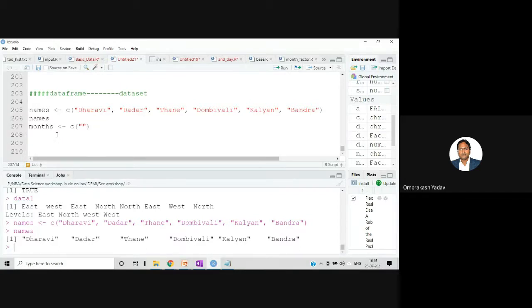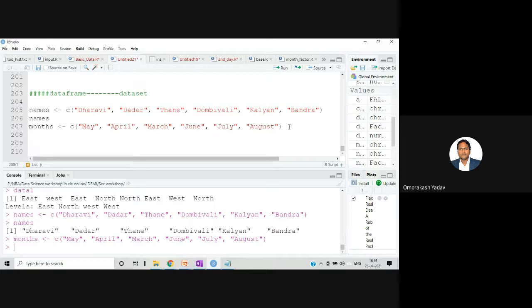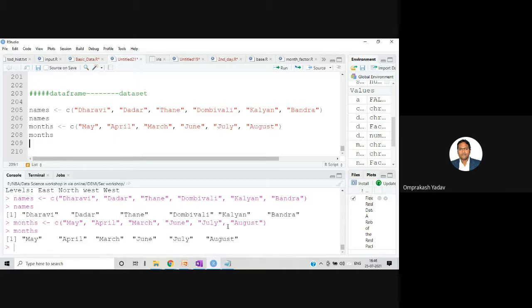So in the months we can give randomly, let's say May, April, March, June, July, 1, 2, 3, 4, 5, one more, let's put March. Let's execute this one, print it. May, April, March, June, July, August.